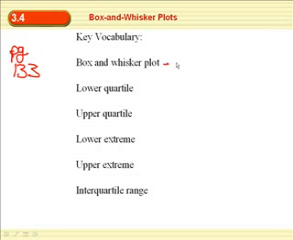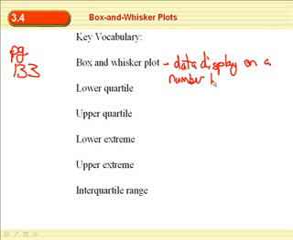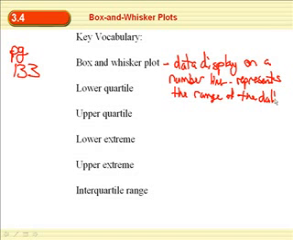And basically what it is, a data display on a number line that represents the range of the data. Whoops, there's not two T's in data. Sorry. The range of the data. It divides it into 4 parts. Okay, which gets us into